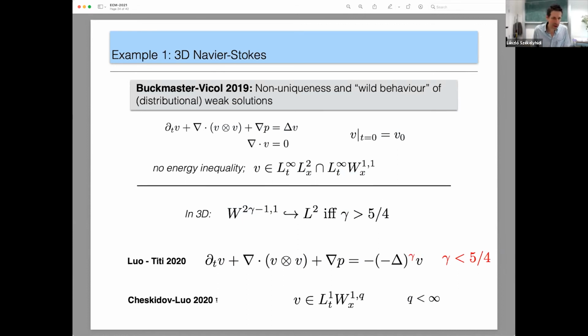And there's even more recent work of Cheskidov and Luo, where instead it's just controlling L1 in time. And again, you do not have an embedding into